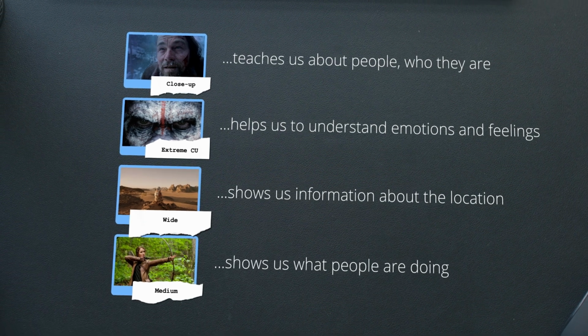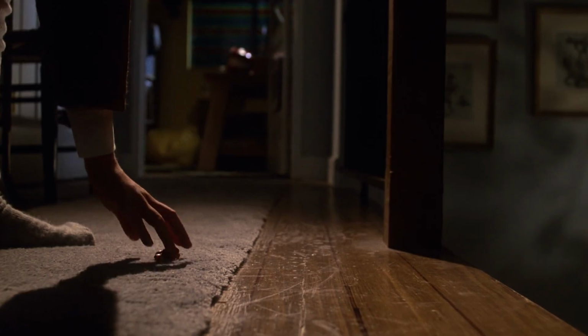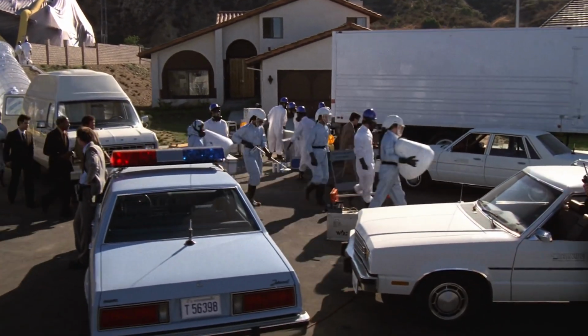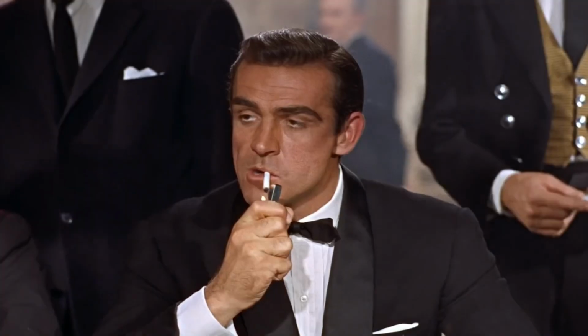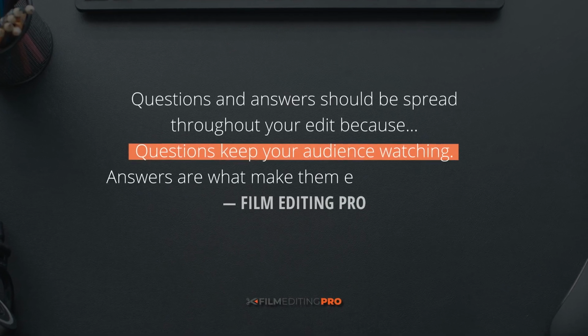So which information will you give the audience first? Will we show them who's in the scene, or where the scene is happening, or maybe what they're doing? In a well-constructed scene, the audience is going to pine for the information that we've not yet given them. Who is that? Where are they? Questions and answers should be spread throughout the edit because questions keep your audience watching, but answers are what make